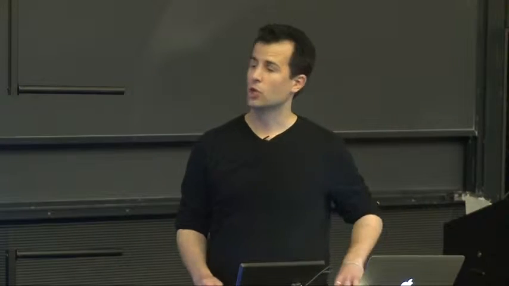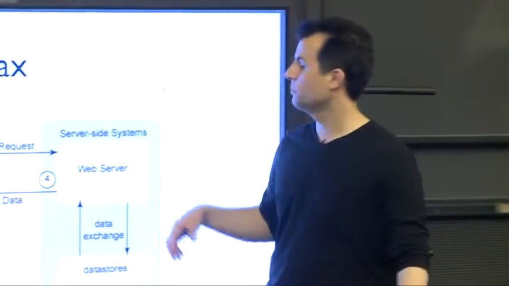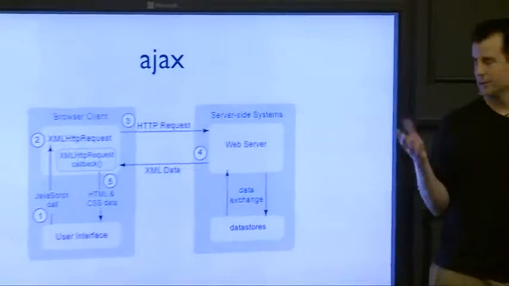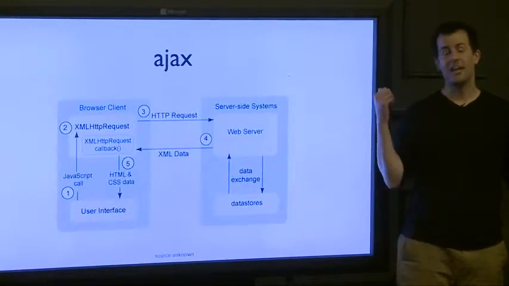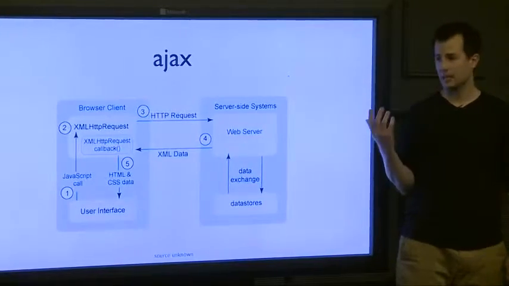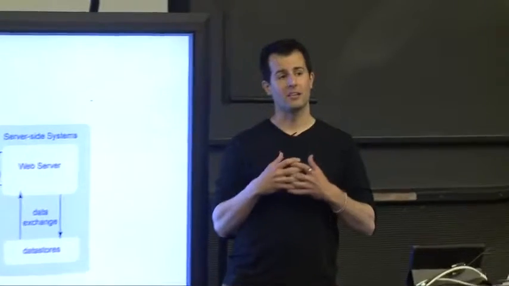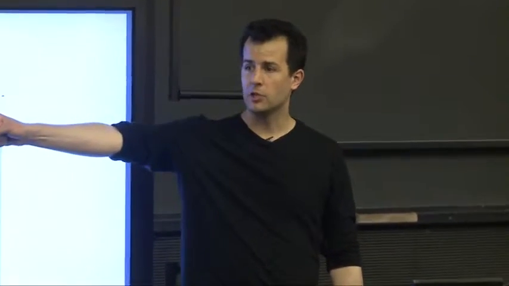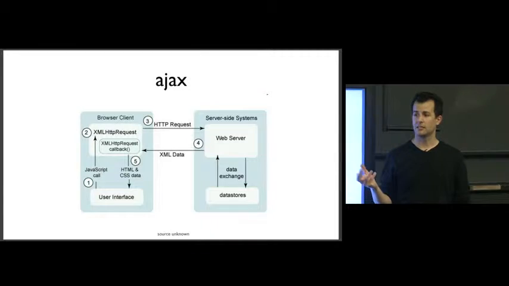So let's synchronously load data from servers or asynchronously. So both, actually. So the A means asynchronous, but you can run it in both modes. And it looks like this, which is a wonderful picture, which makes this super simple. Oh, it's actually pretty simple once we look at it. So here we go. AJAX is just a technique. It is the application of built-in features of JavaScript to programmatically get more data from a web page after the original web page is loaded. So we've seen this for years, thanks to things like Google Maps. For instance, when you click and drag on a Google map,